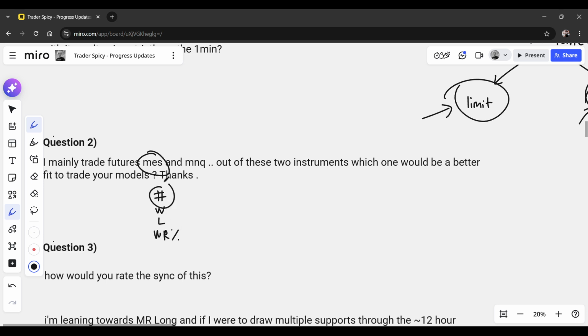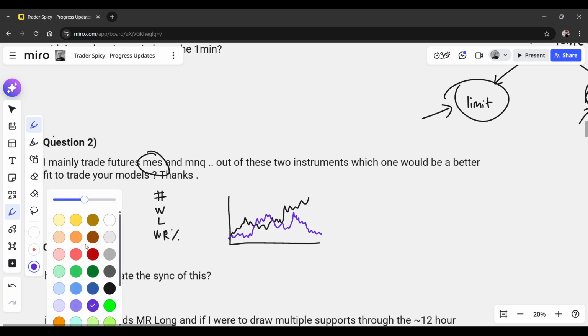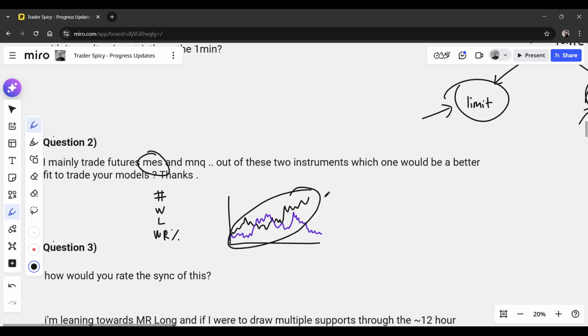Basically, you want to know how many trades you got, what the size of your average win is in units of R, what the size of your average loss is, and what the win rate percentage is. Do the exact same thing in the NQ and compare the differences. You may notice that in the ES, my equity curve would have looked something like this, and then in the NQ, my equity curve would have looked something like this. Then you can answer your question with your own data, your own statistics, and say, I can now confidently say that the ES feels a lot better.